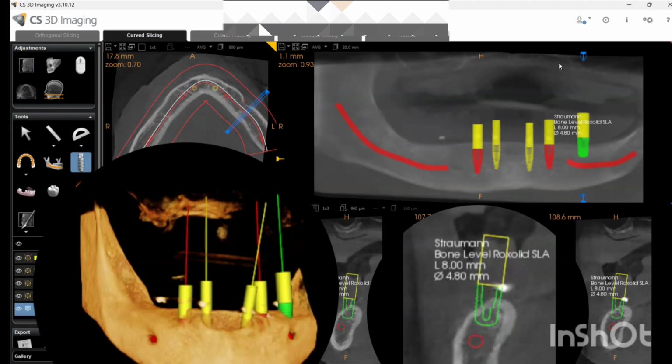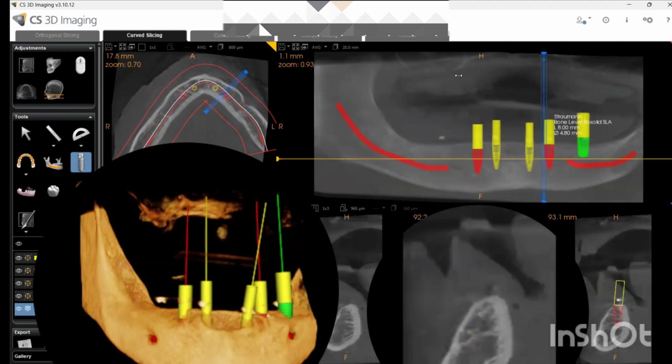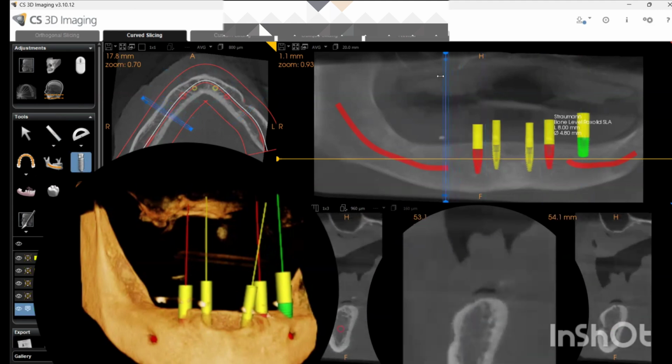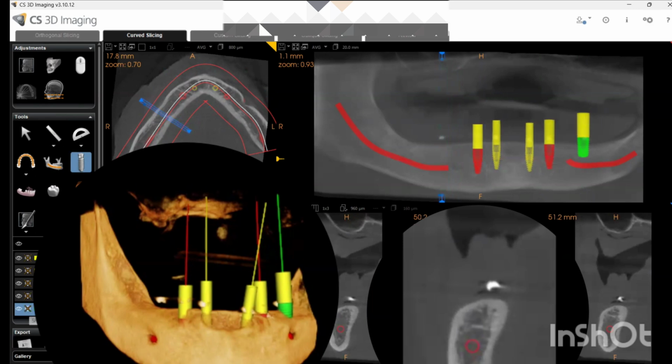Now I'll see what's the case on the other side. Bring your cursor at the center and release. Now see, this is also a buccal bevel. I move my cursor, I release it for 8 mm.